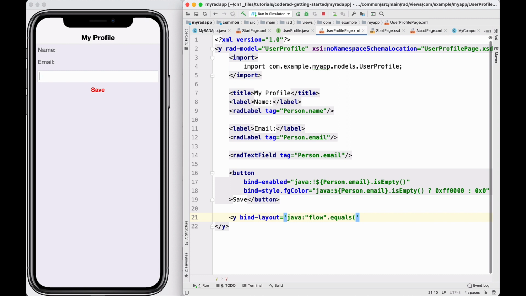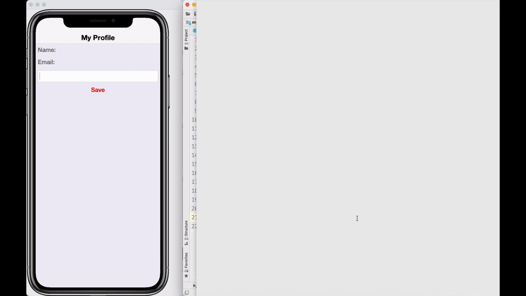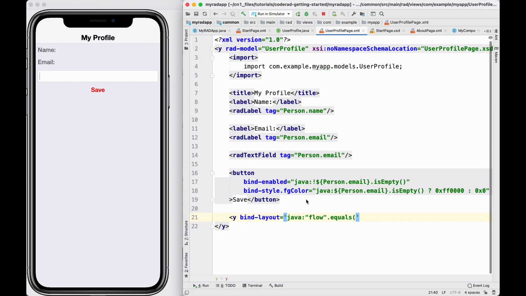Equals. Oh, what's going on here? IntelliJ is not liking something. Okay, so I'm going to set up a rule that says if the text, well, I'm going to set up a, oh, where is it? Oh, actually,